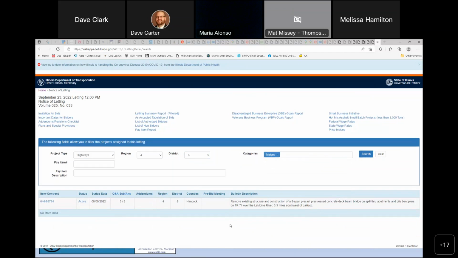So now you see it really narrows it down. I want to work in District 6. I'm going to work on bridges. There is one contract on that letting in September that was bridge related. And it tells you a little bit about what county it's in. Gives you a quick little description of that project, what's going to be involved with that. Now say you want to get the plans for that. You click on this,